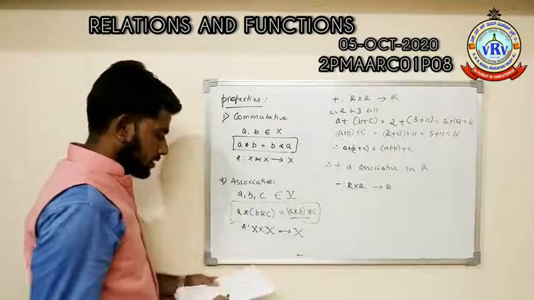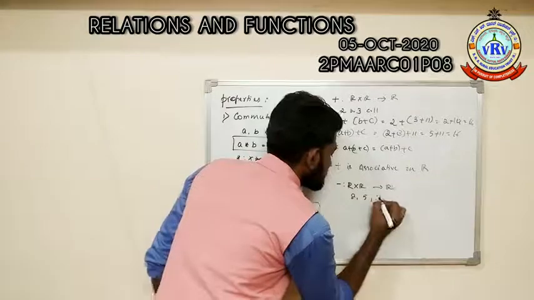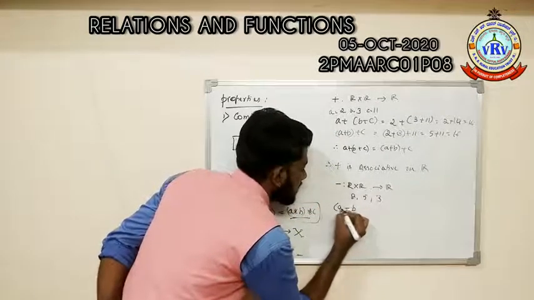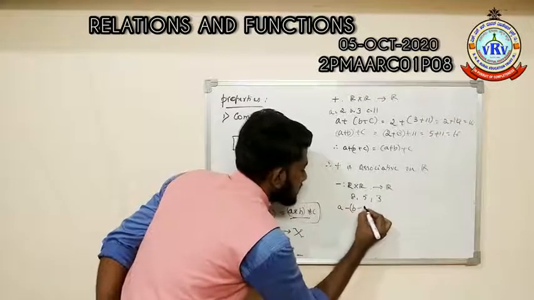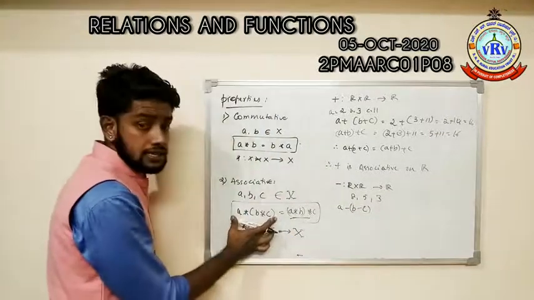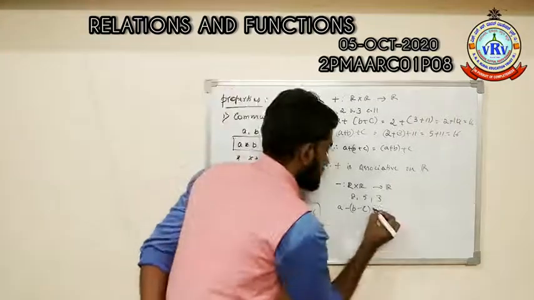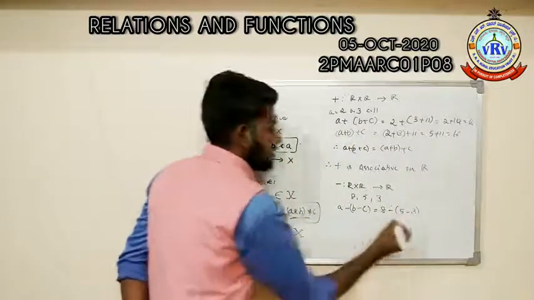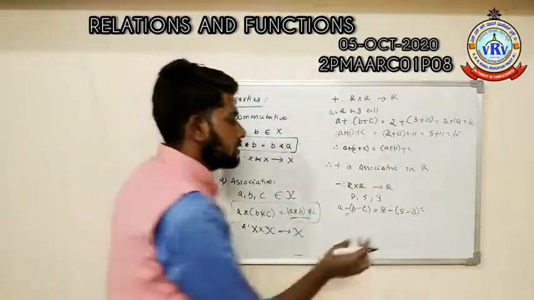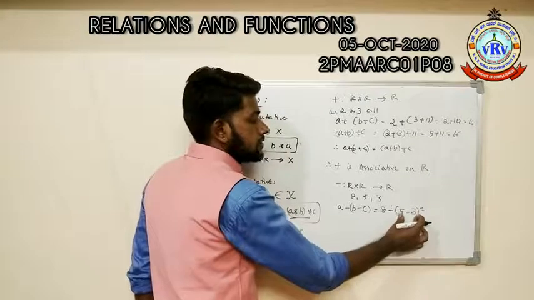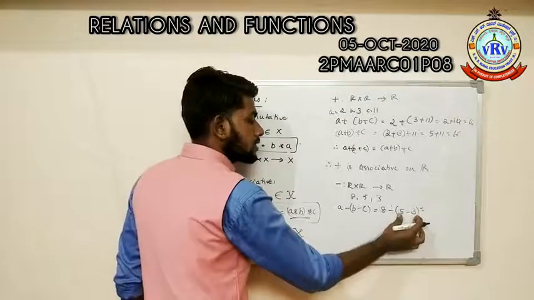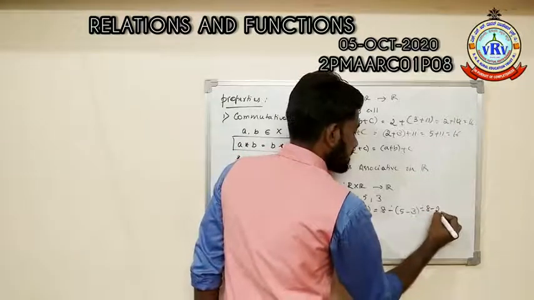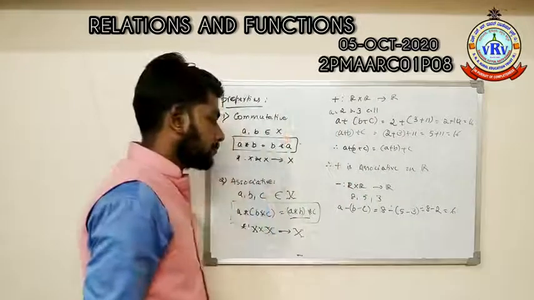To that I am taking 3 numbers, 8, 5, 3, and first I have to get the expression A minus (B minus C), the left hand side expression. Here A is 8, B is 5, C is 3. First we have to operate the operands which are inside the bracket. That is 5 minus 3 is equal to 2. 8 minus 2, that's equal to 6.